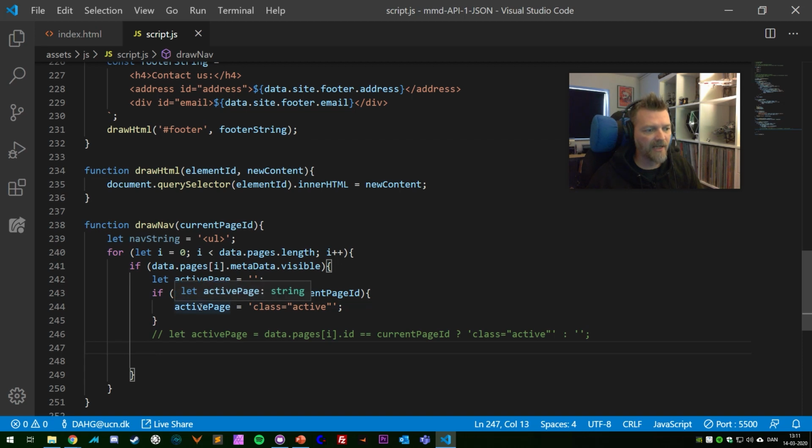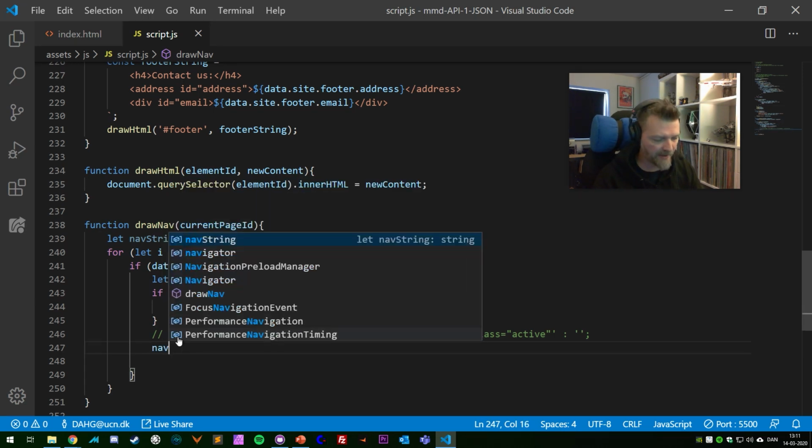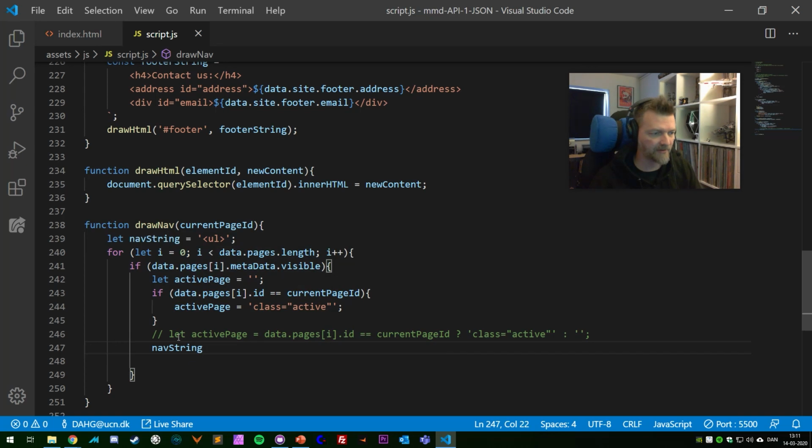Good. Now we've got our active page string, and we're on a page that we need to render because visible is true. So we can create a list item now, and we do this by adding something to navString, which is the navigation variable that we started up here where we added the UL. We use plus equal because then we add to the existing part of it. So we'll keep this part and add something more to it when we do it like this. Again with the backticks,